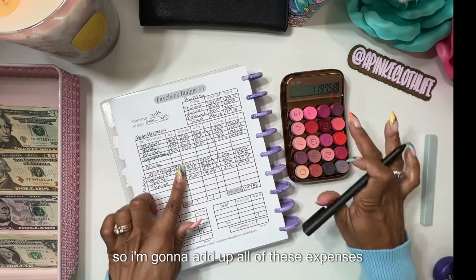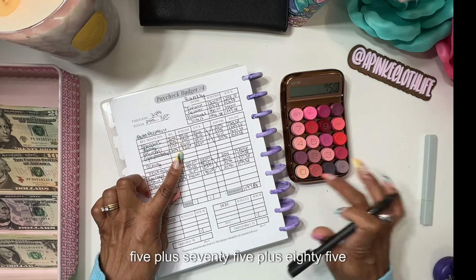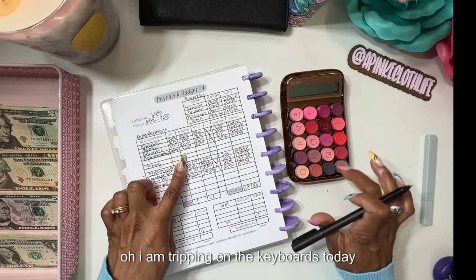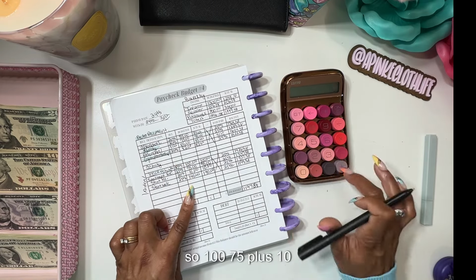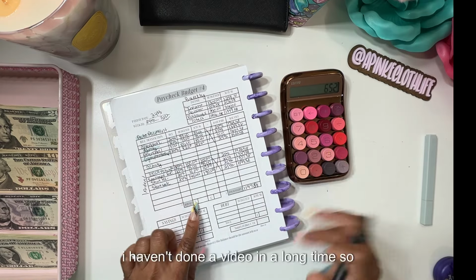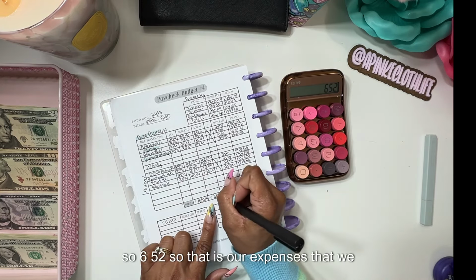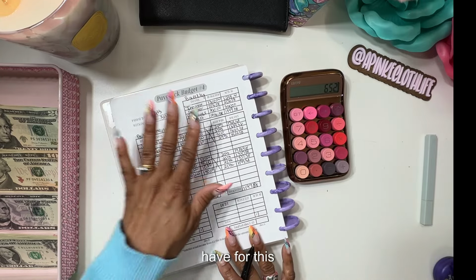So I'm going to add up all of these expenses. They should be the same. So we got 85 plus 75 plus 85. Ooh, I am tripping on the keyboards today. So 100 plus 75 plus $10 plus 140. I haven't done a video in a long time, so I'm getting pretty crusty. So 652. So that is our expenses that we have for this